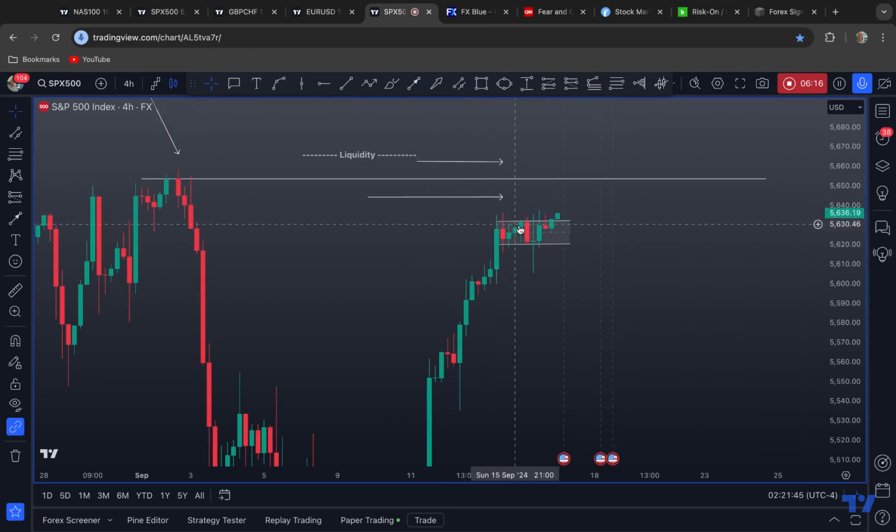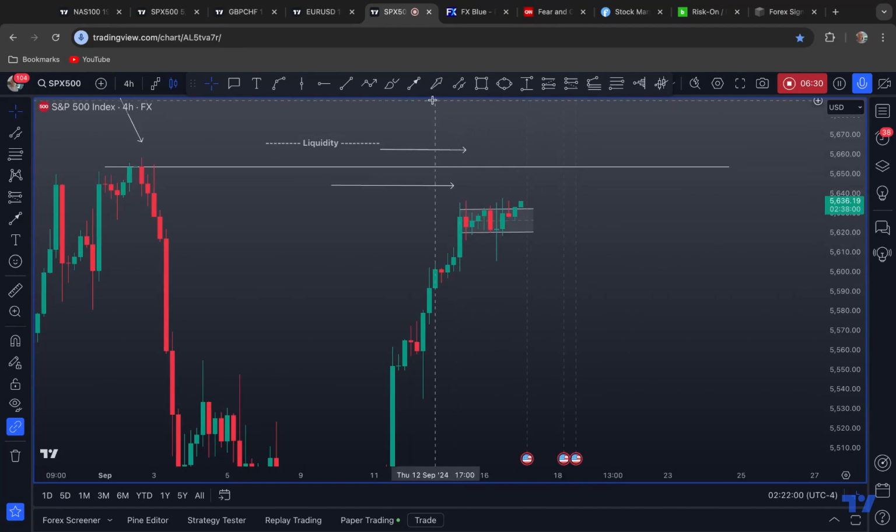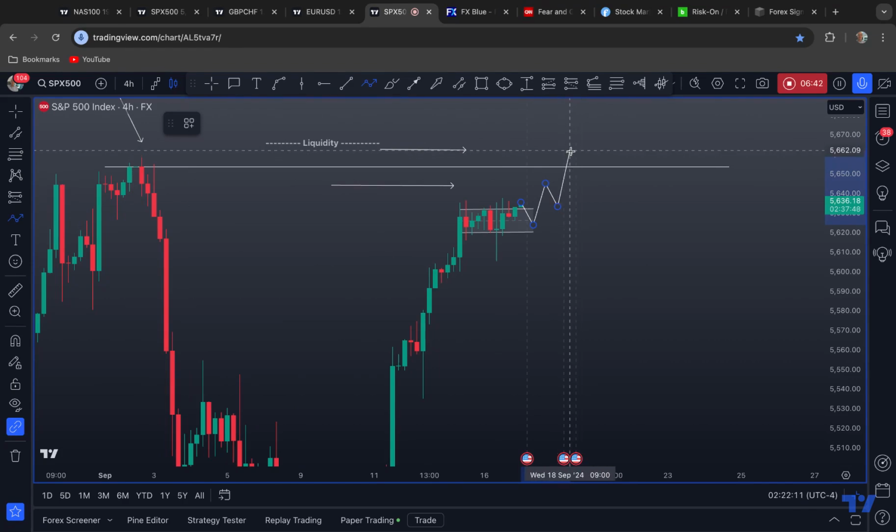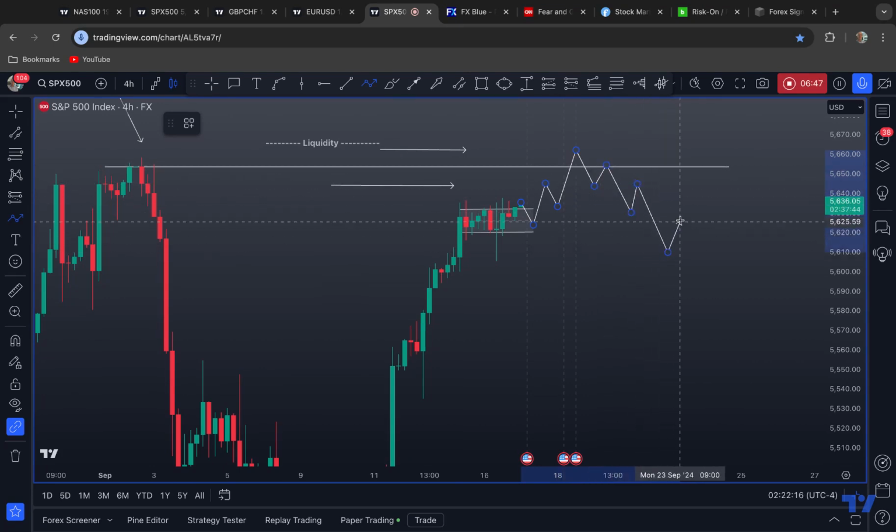I'm talking about the liquidity that they're generating above this. A lot of traders would be short here, so we're getting a build up of stop losses sitting up in here. So that's a target. Now, I would be waiting for however this plays out. Let's just say we get a bit of a spike up and into here. Who knows? This could happen anywhere, but the thing to look out for would be however it plays out on the 4-hour